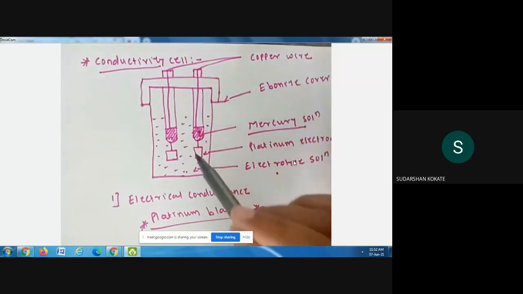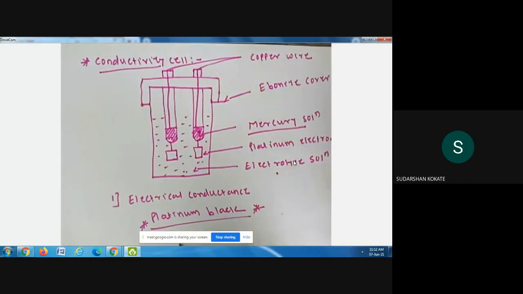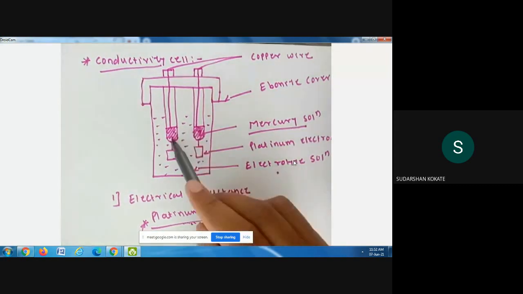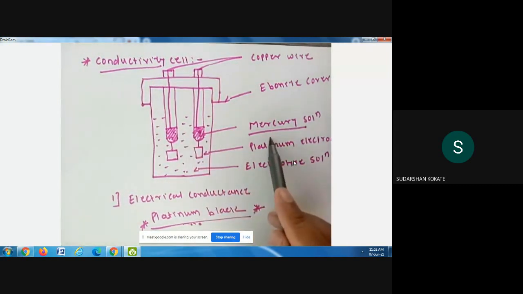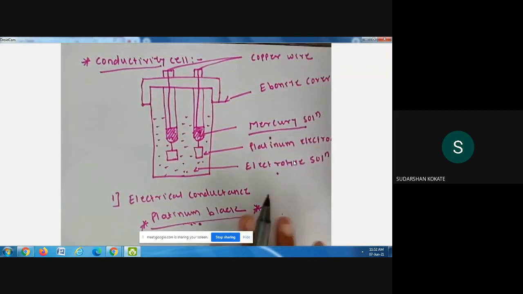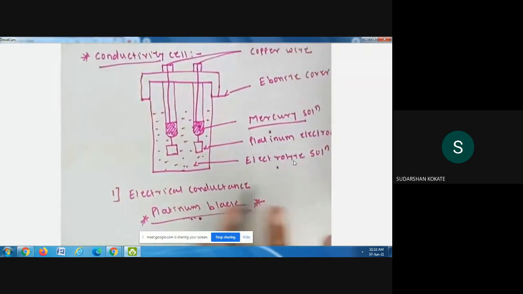And these plates are coated with your platinum black powder. You remember this one. The electrode plates are coated with platinum black powder, right? And these plates are also welded with your platinum wire which is fused in two different thin walled glass tubes, and those tubes contain your mercury, right? So this is the simple construction and working part of